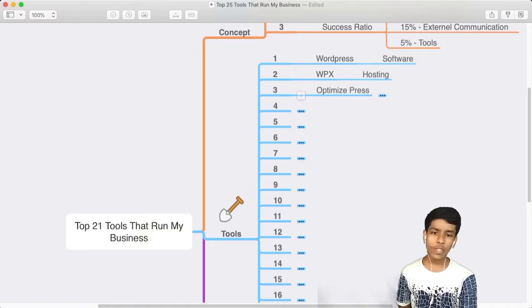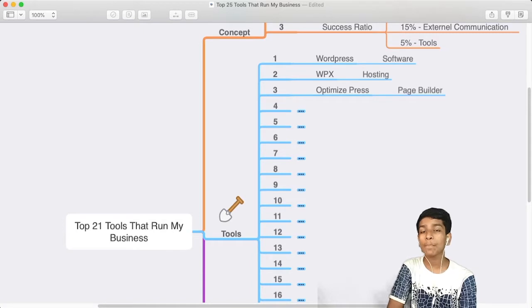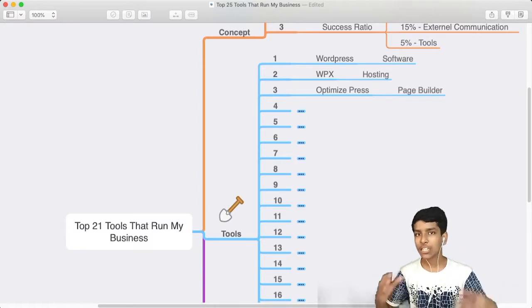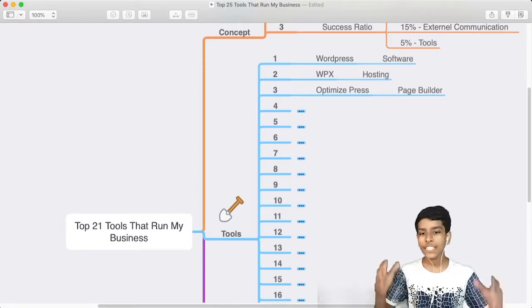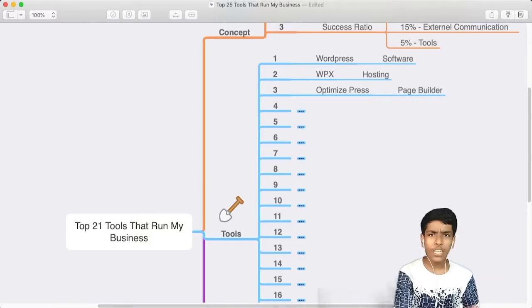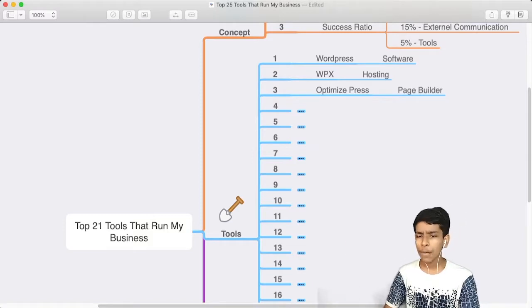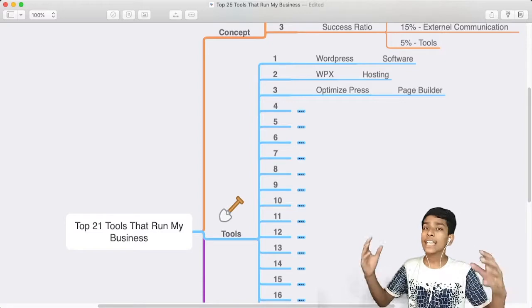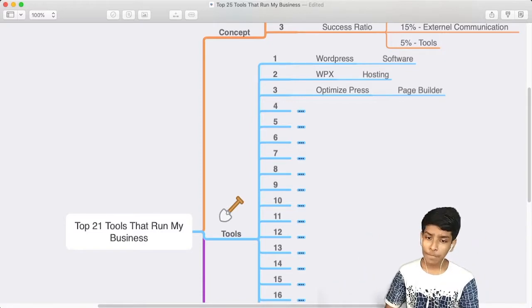The third tool is OptimizePress. OptimizePress is an alternative to ClickFunnels. It is a landing page builder; you create landing pages with OptimizePress. It only works with WordPress, but no worries. Elementor is also there, but Elementor is only for page building, and OptimizePress gives you more features.